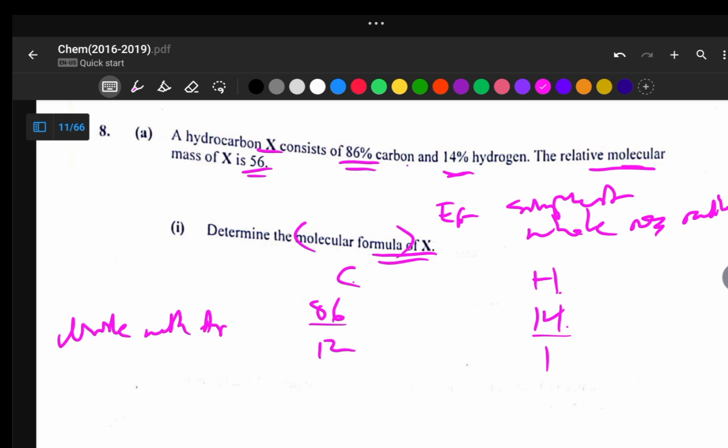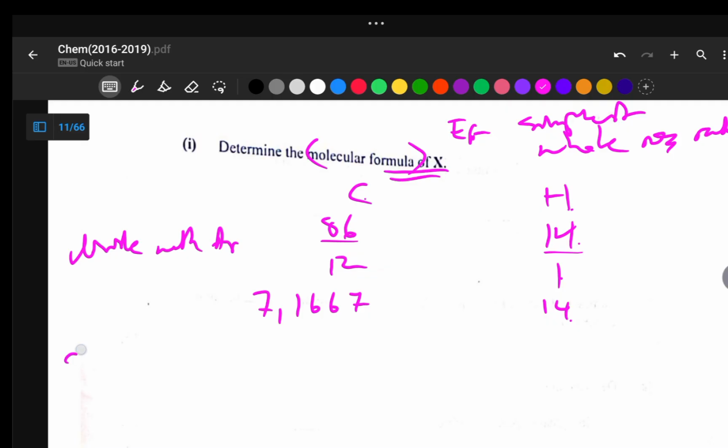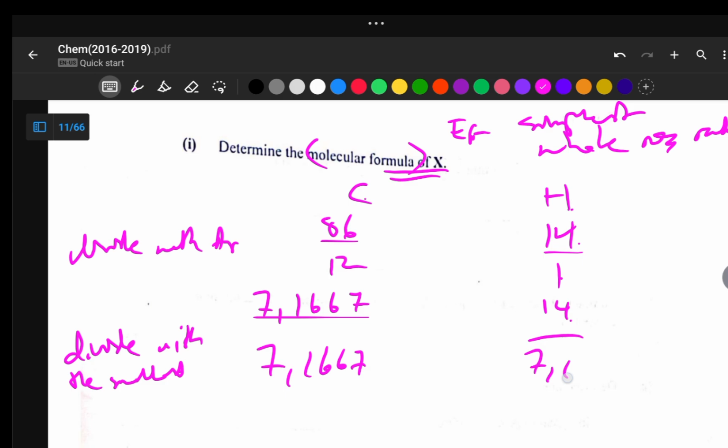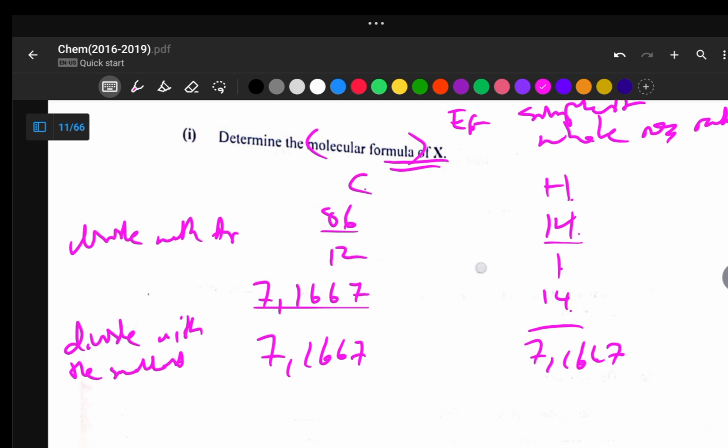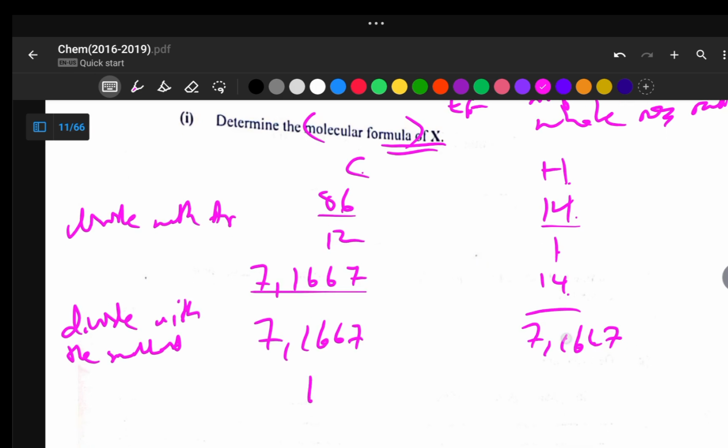Straight to our calculator, we're going to have 86 divided by 12, which is 7.1667, right? This is the number of moles here, and then here we're going to have 14, right? And then we divide with the smallest again. This one is the smallest, 7.1667, and then here 7.1667. Are we together? So here we're simply going to have 1, and then this one we go straight to our calculator, and we are going to have